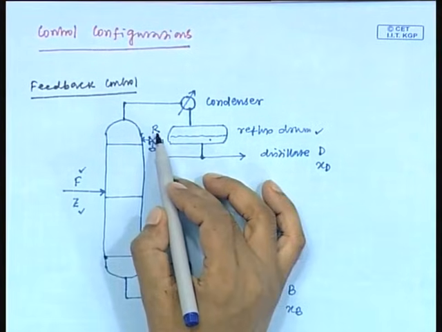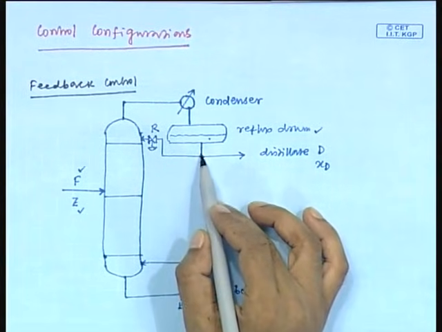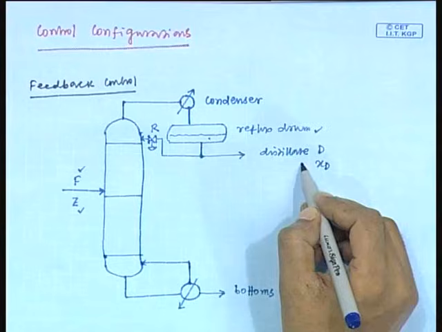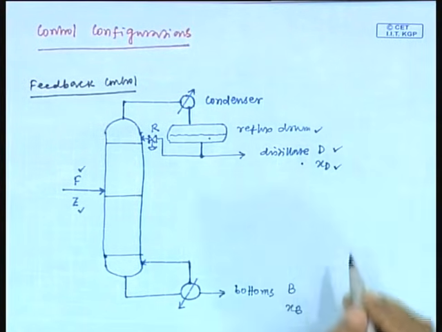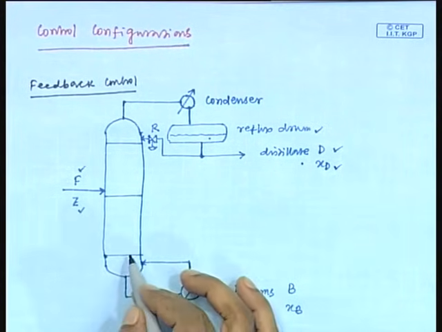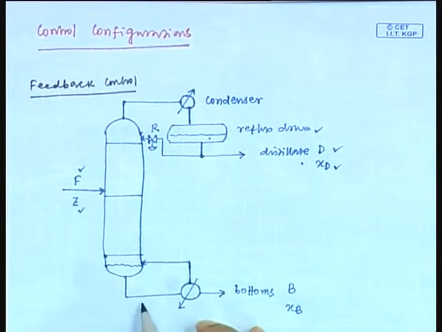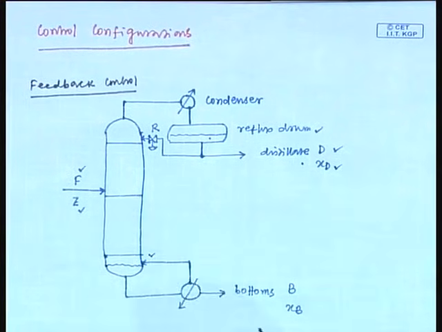This is called the reflux flow, reflux stream, and another part of this accumulated liquid is withdrawn as distillate with flow rate D and composition, or mole fraction, XD. Similarly, at the bottom, the liquid coming from the bottom tray goes to a reboiler. The produced vapor is recycled back just below the bottom tray, and some amount of liquid is withdrawn as bottom product with flow rate B